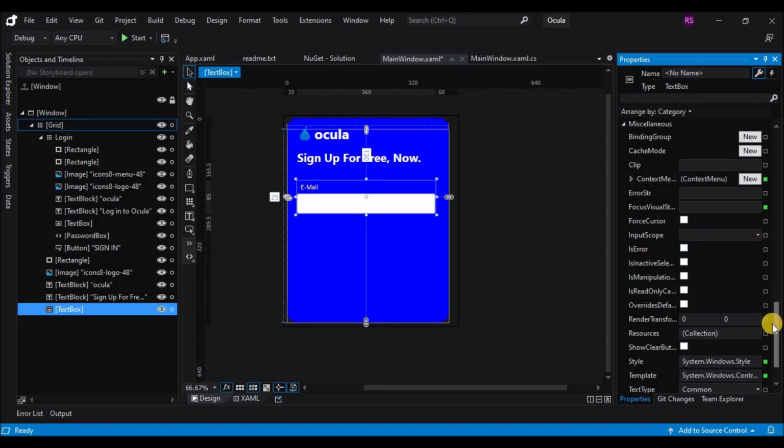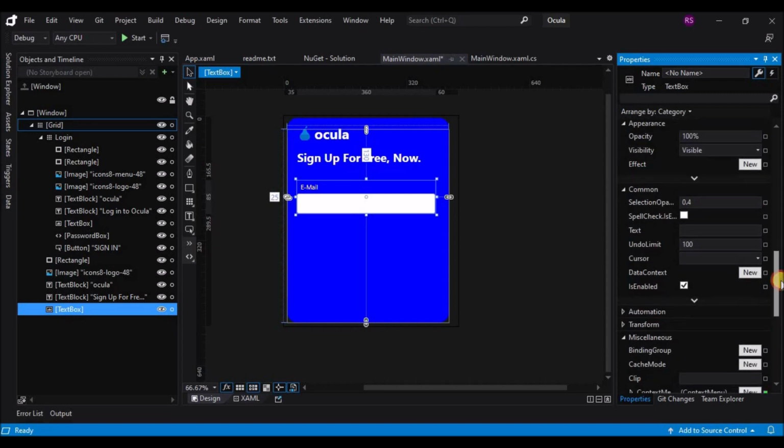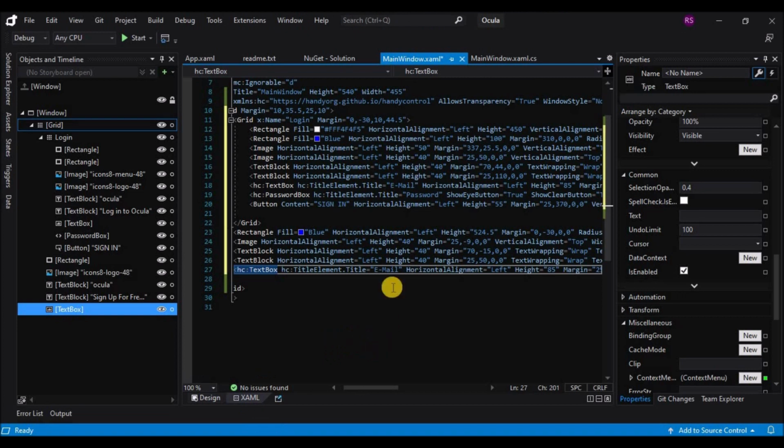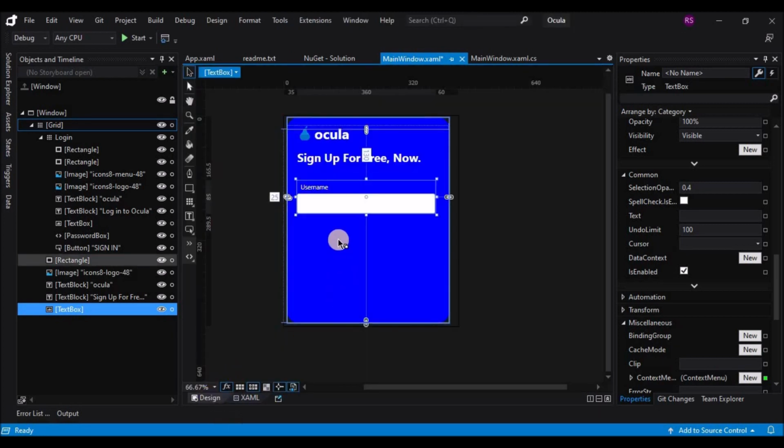If you go to the XAML, we'll have to change the title to username, and then copy it.